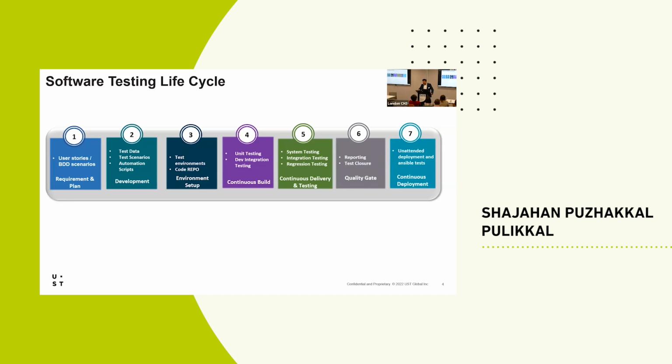So for example, if you do have testing in the development environment, you need to have a check that the checklist is ready, then you can move on to your QAT environment. Once that is done, you'll be moving on to UAT and pre-prod like that. So further environments will be tested, and that will be there in the continuous delivery model. So that's the life cycle we follow.